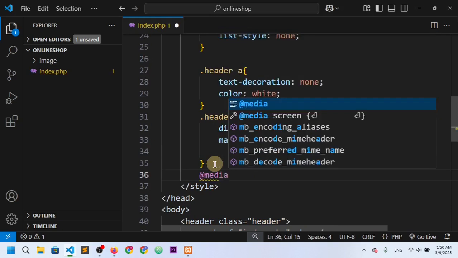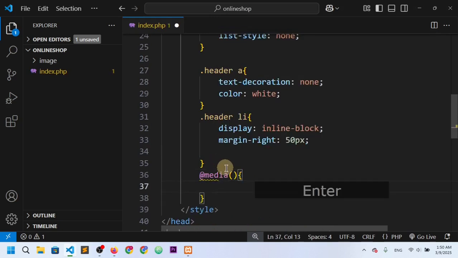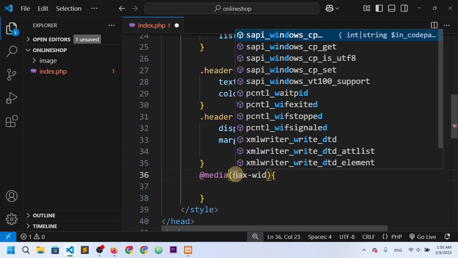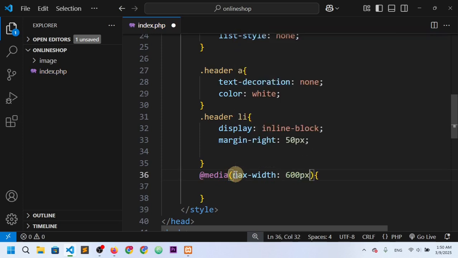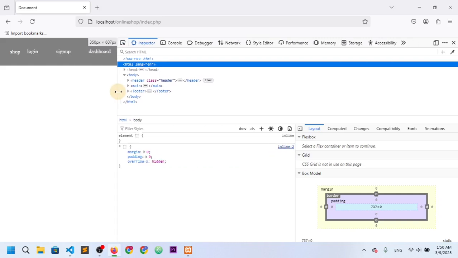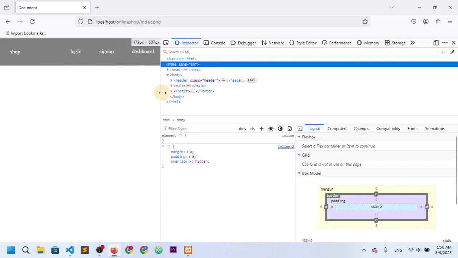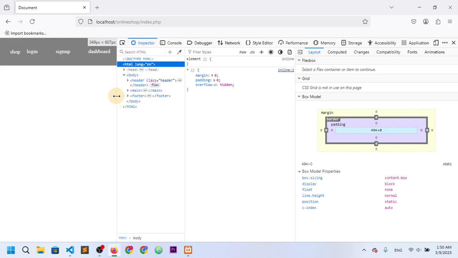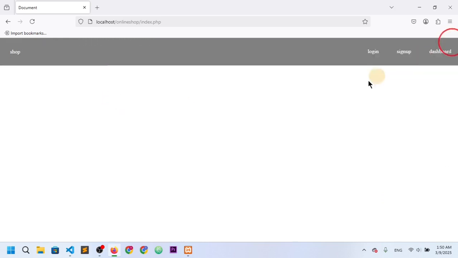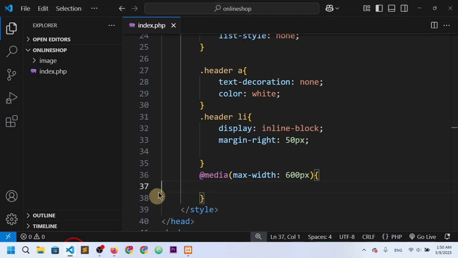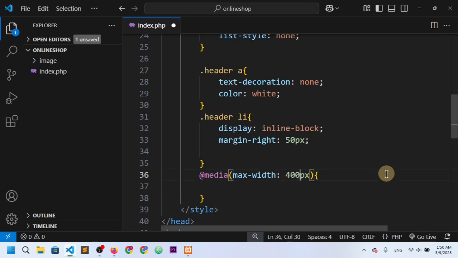So I say media, and I want to set here max-width of, let's say, 600 pixel, or maybe 300, okay, 340, let's say. So I'll say here 340, or let's say 400 pixel,